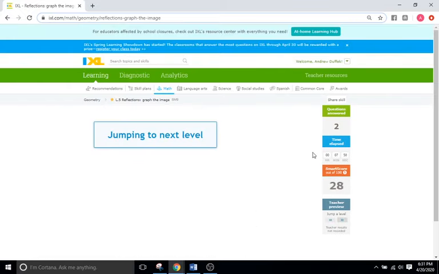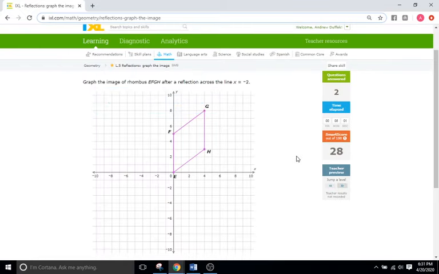Okay, I'm going to jump a level here. We are now at the point where we are going to look at lines of reflection that are not on the x or the y-axis. So here we have kind of a diamond. It looks like a rhombus, right? And it tells us to graph the image of rhombus EFGH after a reflection across the line x equals -2. So what that looks like, and I'm just going to briefly go over here